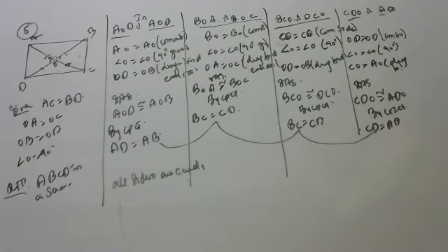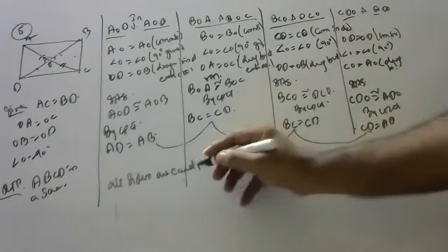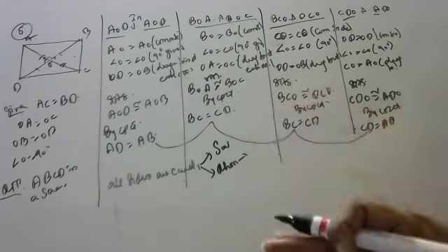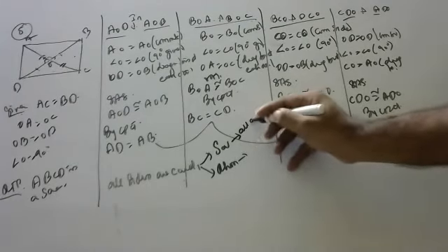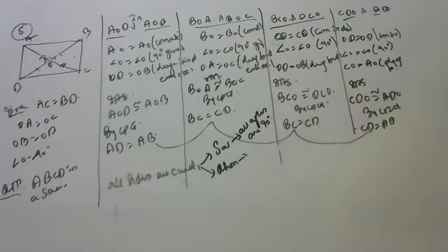But all sides equal is not enough, because we also have to show the corners are 90 degrees. All sides are equal, so it can be a square or it can be a rhombus. To prove a rhombus, no problem. But to prove a square, we should also prove all angles are 90 degrees. If you prove all angles are 90 degrees, then only can we say it is a square, children. If not, we have to prove that diagonals are equal.